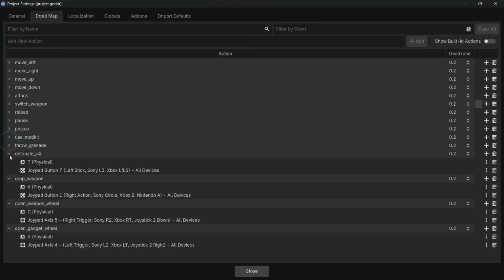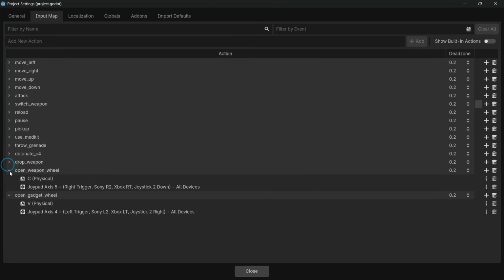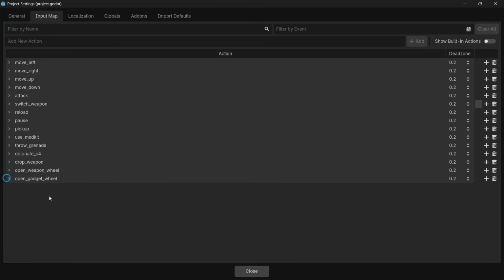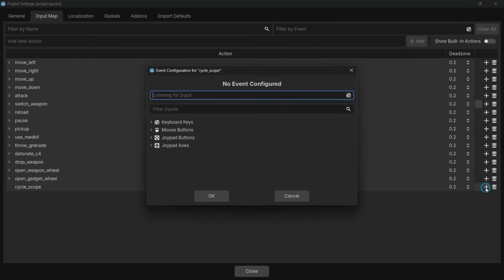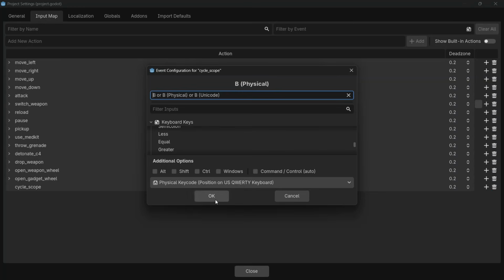We're gonna close this up. Let's reduce this. So we got throw grenade, detonate C4, drop weapons, up on weapon wheels, and open gadget wheel. I still got one action, which is cycle scope. Sorry, my brain went with cyclops. I don't know why I was thinking of cyclops, so it's called cycle scope, which for this game will be